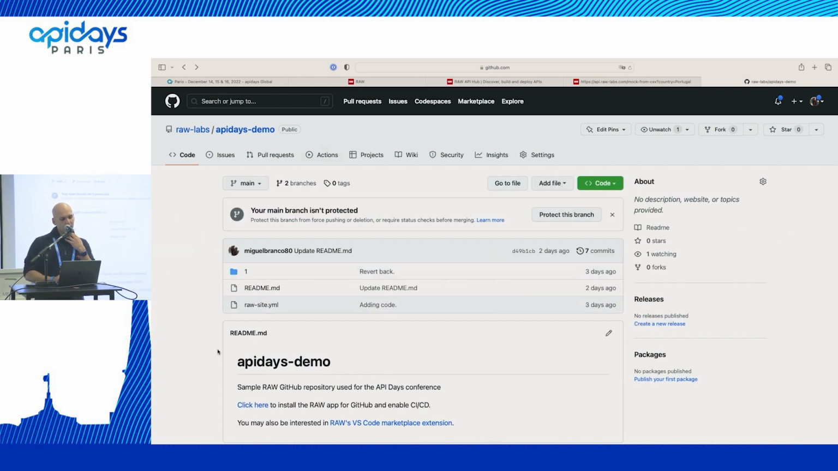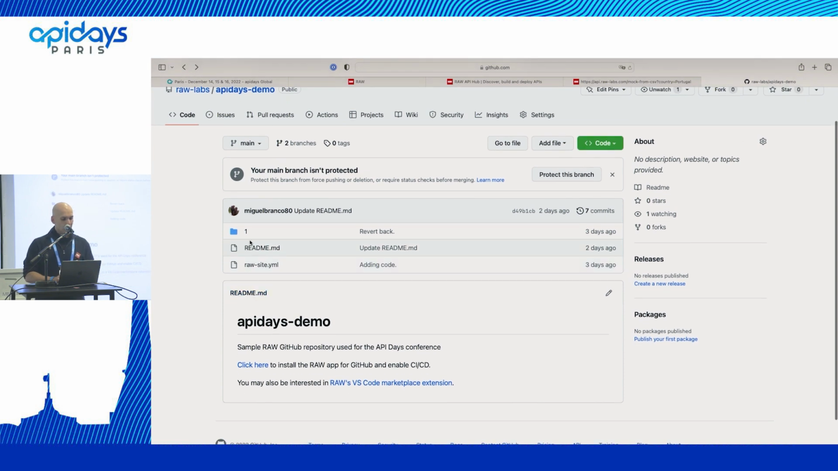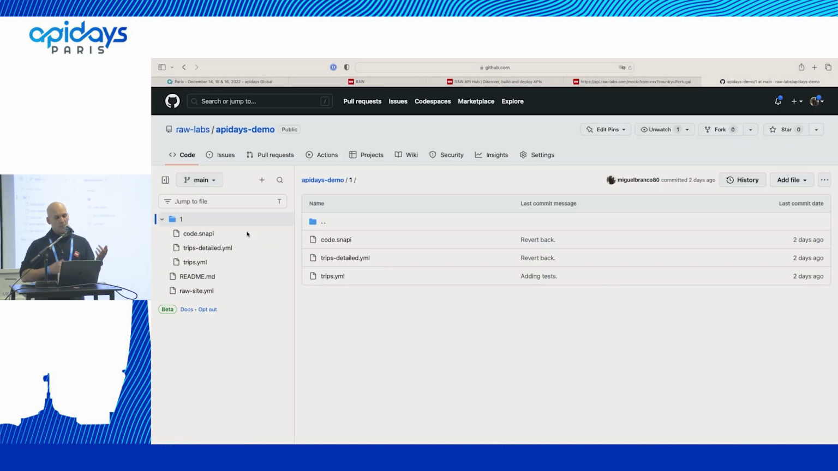And then there are some subdirectories. There's the README file. There are some directories, one called one, which is actually, you know, the GitHub path will become the API path. And the YAML file will become the endpoint name. So it's going to be 1/trips or 1/trips detail. So these YAML files will effectively be processed by the system. And if we go into the trips YAML file,